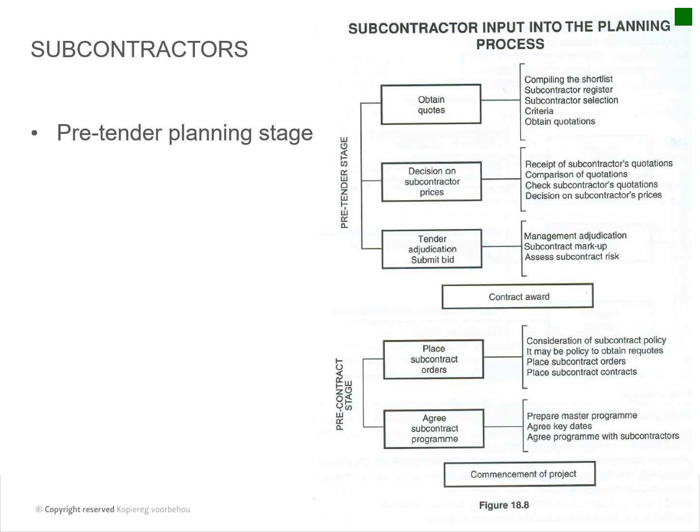if you think back to our tender briefing last week Friday, those guys will have to obtain quotes from their suppliers, so they're at this stage, and then they need to compile the shortlist, subcontractors register, subcontractor selection criteria, obtain quotations. If it's a large company, usually those guys have to be on their vendor lists. So if it's something specialized, then they've got a whole lot of red tape to actually get quotes from other guys and get them onto their registers and stuff.